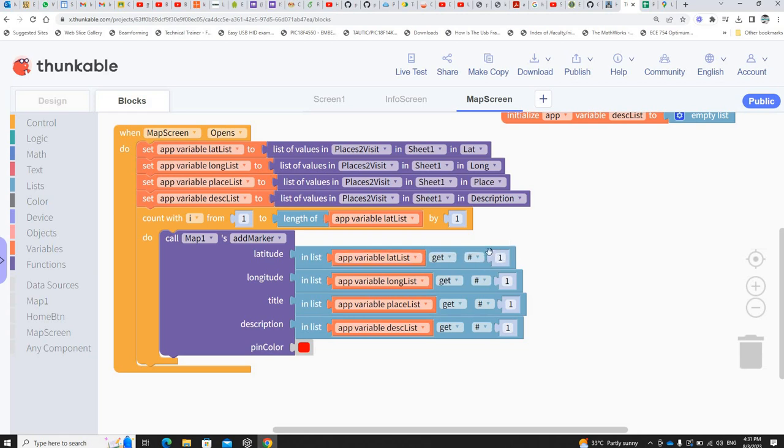So what should you change this one with? In this loop, what is constantly changing? Yes, the I, right? Because I starts from 1. You'll get the first item, then keep increasing to the second and third until the length of the variable latitude list. So you should replace this with